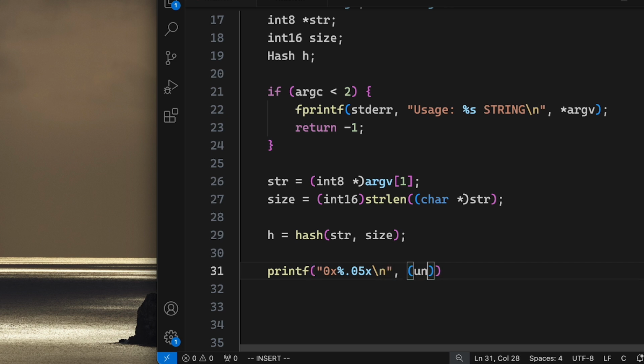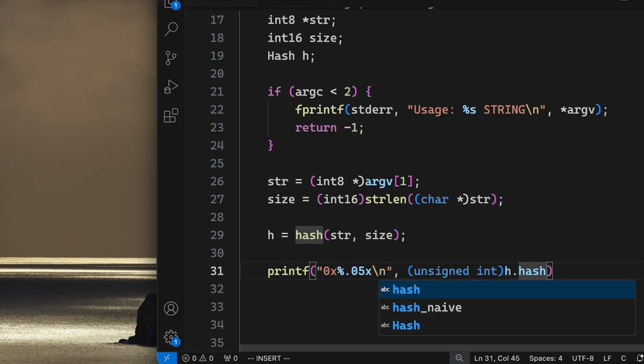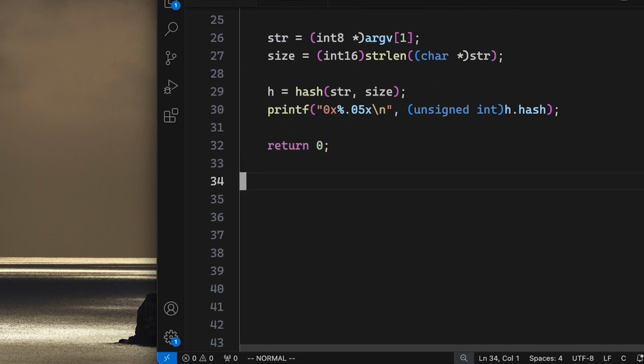And we need to convert this to unsigned int, and it will probably yell at us anyway. And age is a structure, so we need to give it a member. And let's bring these together so it can be returned 0, like so. And then